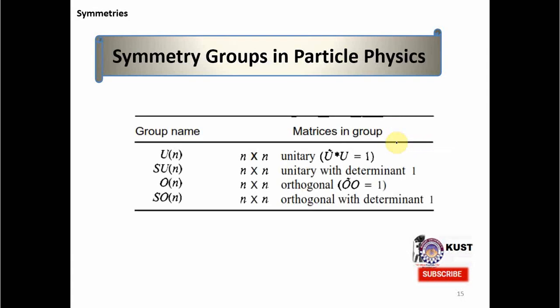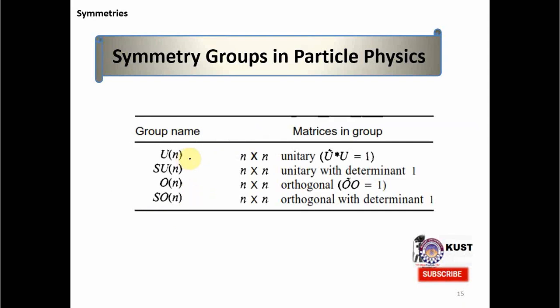Actually, I mentioned them over here. So symmetry in particle physics is, for example, okay, there is an important thing: matrices also have symmetry. For example, all unitary matrices of order n have this unitarity, and these matrices form the group U(N). And then there are special unitary matrices, which also form a group, and they are those matrices which have unitarity with determinant 1. And then the orthogonal group, and then the special orthogonal group. So these are very important groups, and these are the symmetry groups, because all the operations involved here form a group structure. And we will see in particle physics in detail in coming lectures